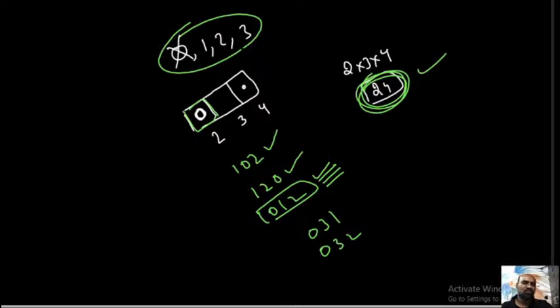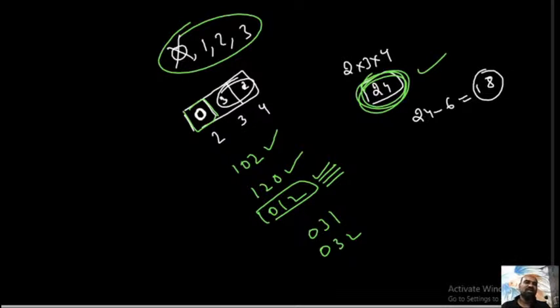With 0 fixed, how many digits are there now? 3 are there. I can fill this blank in 3 ways, and this blank in 2 ways. So 3 into 2 is 6. It means there are 6 3-digit numbers started with 0. These 6 numbers are counted in this 24 and started with 0. Those should be subtracted from 24. 24 minus 6 is 18. These 18 are the actual 3-digit numbers that can be constructed by using the digits 0, 1, 2,